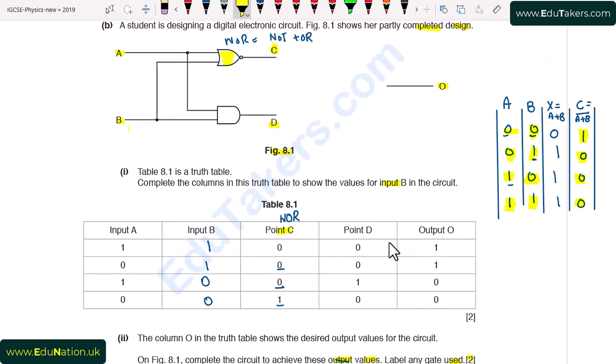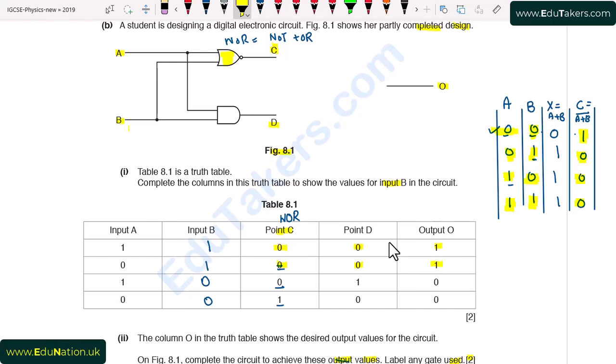So first of all, checking the input C and D, when both of the inputs are 0 0, output is 1. So it is the first case. When both of the inputs are 0, output is 1. In all other cases, it is 0. Second one, both of the inputs are 0 and output is equal to 1. So it is also the first case.